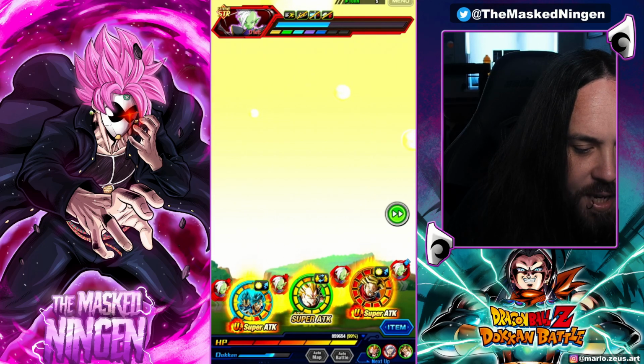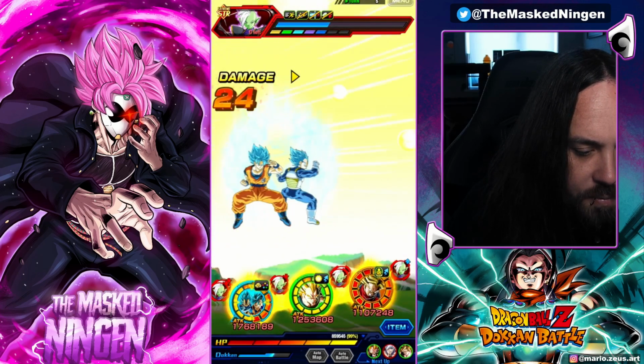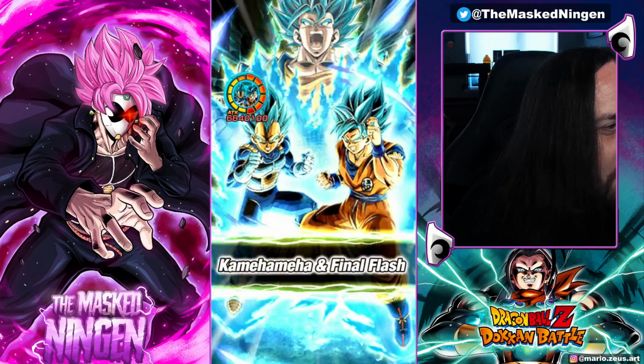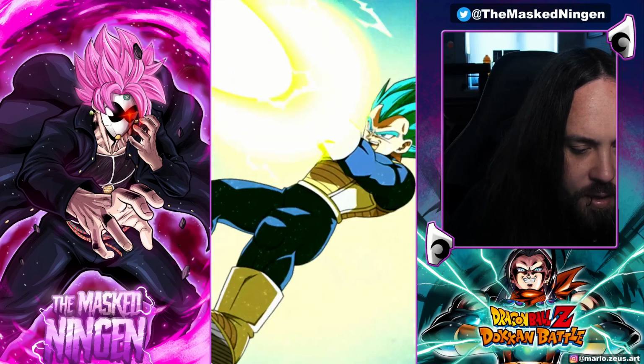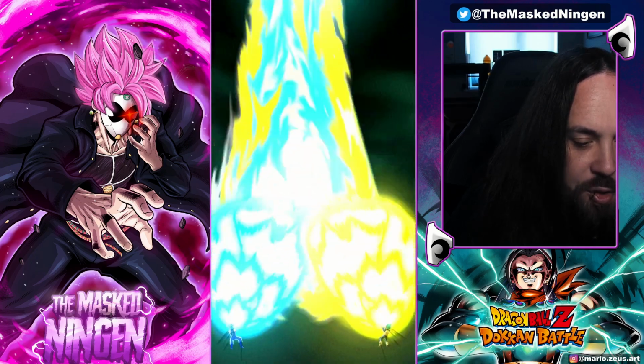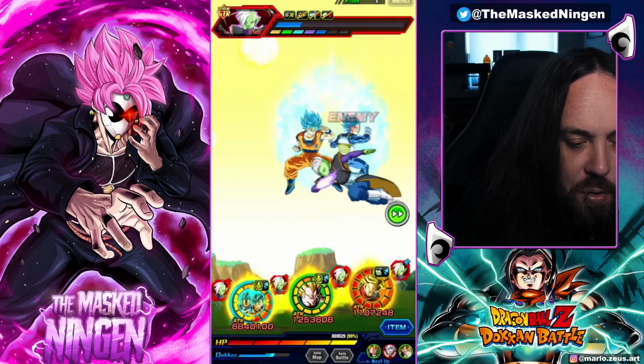Because we should still tank normals fine, yeah. Because his normals do like 1 million, and they've already got 500,000 defense and type advantage anyway. But yeah, this is where it's tricky, because in some of these new, difficult events,